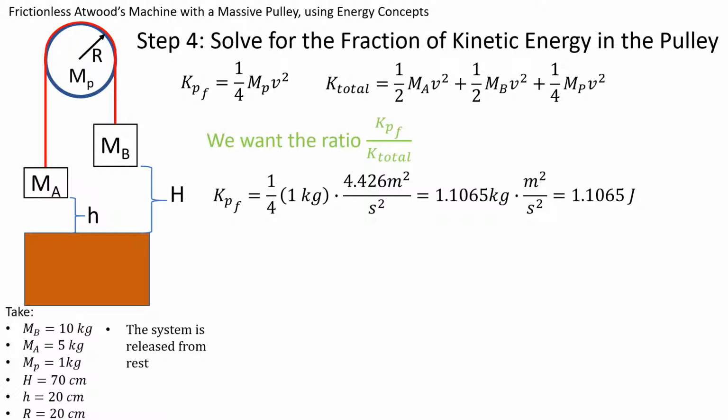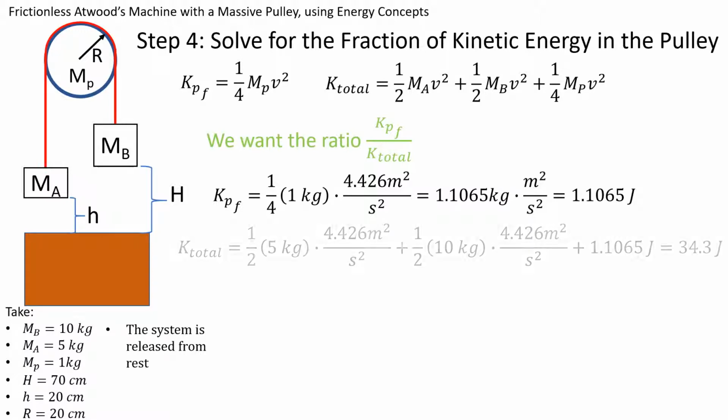So we can put the numbers in. We have that the kinetic energy of the pulley is 1/4 times 1 kilogram times v squared, which we solved for before is 4.426 meters squared per second squared. And this comes out to 1.1065 kilograms meters per second squared. And of course, a kilogram meter per second squared is a joule. So we can write that the final kinetic energy in the pulley is